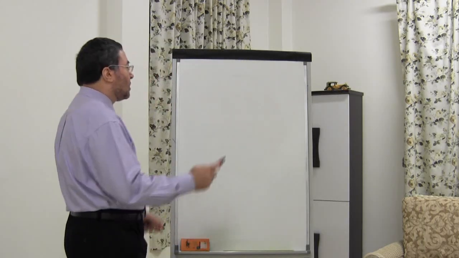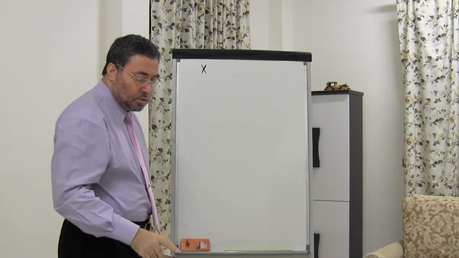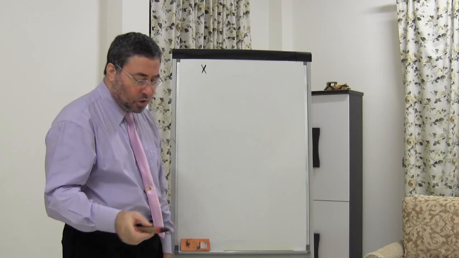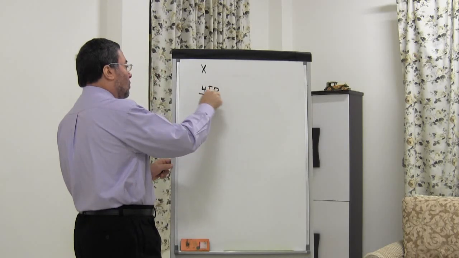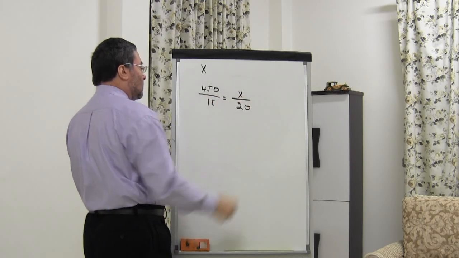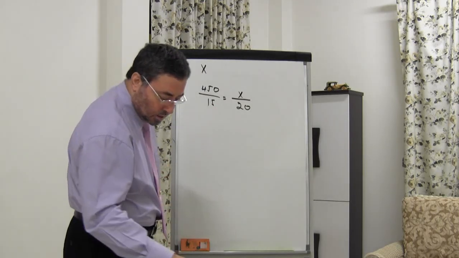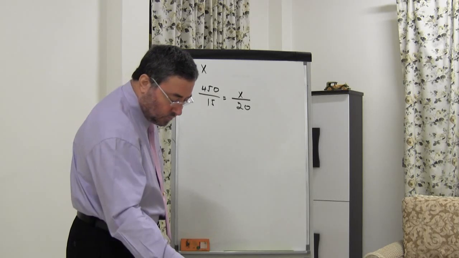So how far he can drive on a full tank is x. And we know that his mileage will be the same in both cases. So many miles per gallon. So we have 450 over 15, and that will be x over 20 gallons. And now we simply solve for x, and dividing 450 by 15